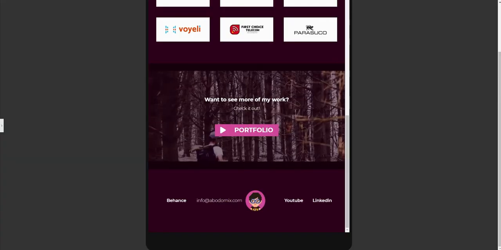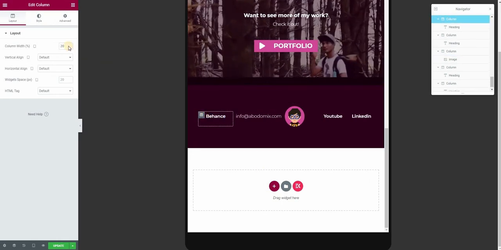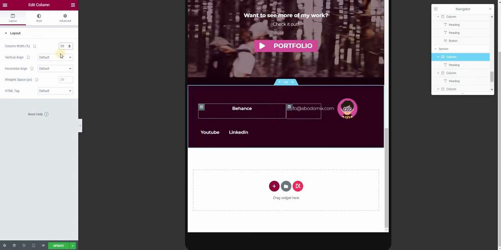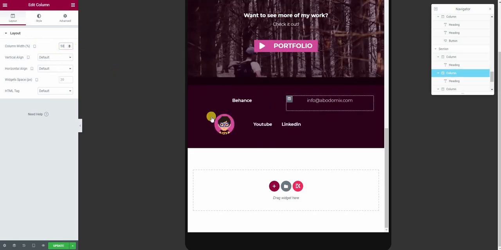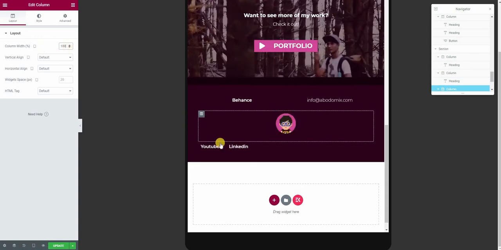I think the best solution will be to 50-50 it. So this one is 50, this one is 50, this is gonna be 100,